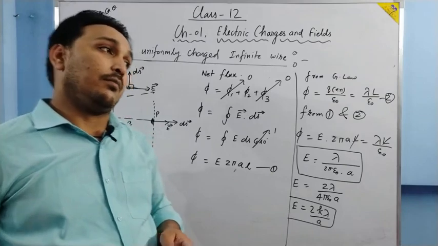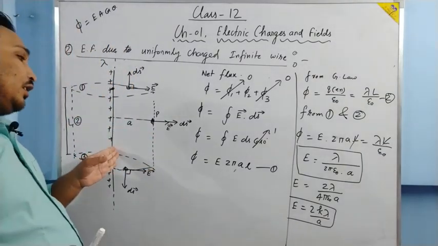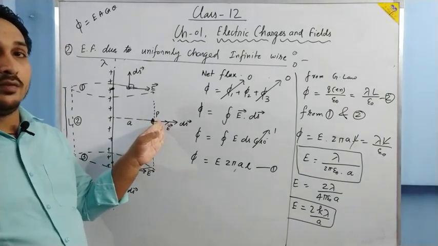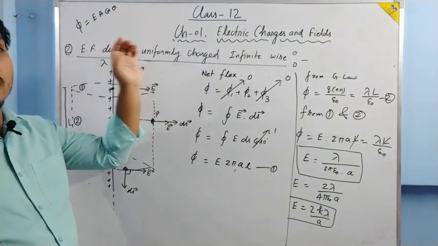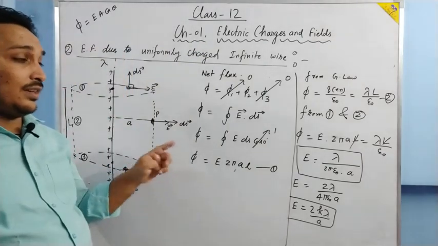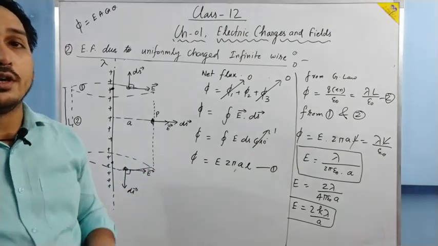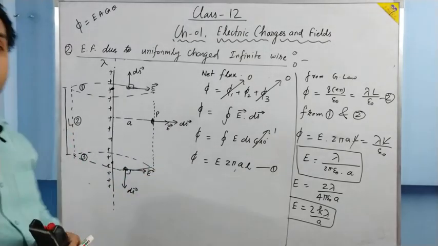And suppose without using Gauss law we had to do this, then what would we do? We would take an area element. According to that, we would take the value of the electric field. E will be in this direction. We would take components, then the components would be integrated over the length. So Gauss law saves us from the long integrations. Right? Okay, let us do the third one.